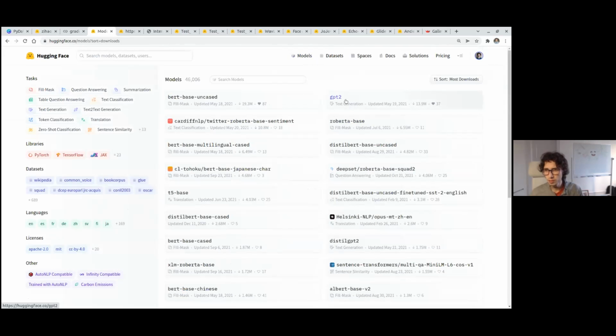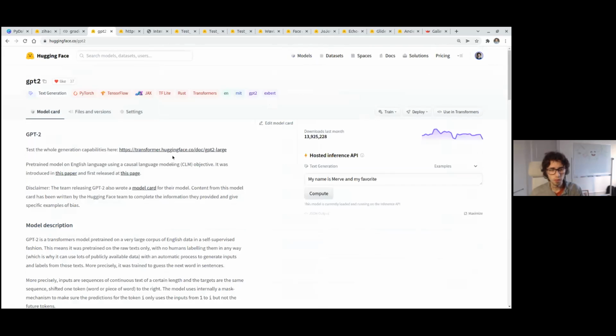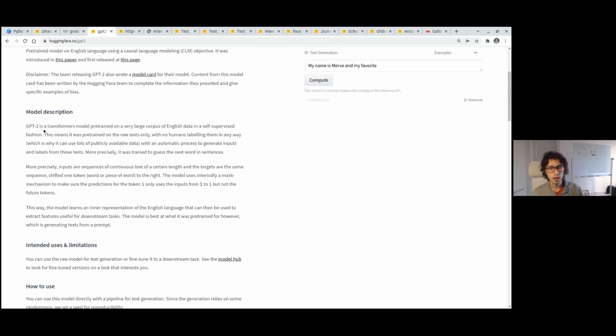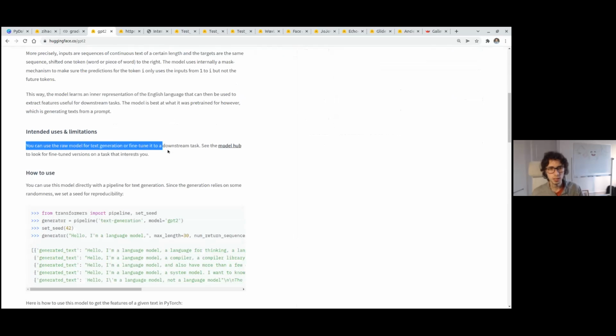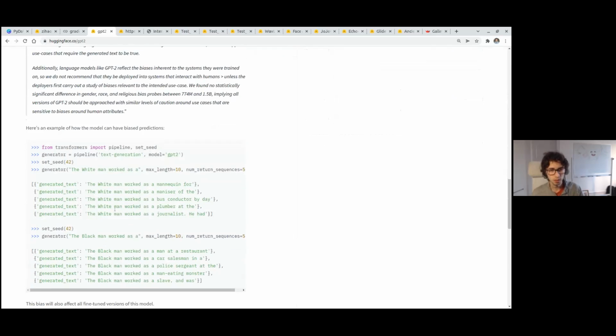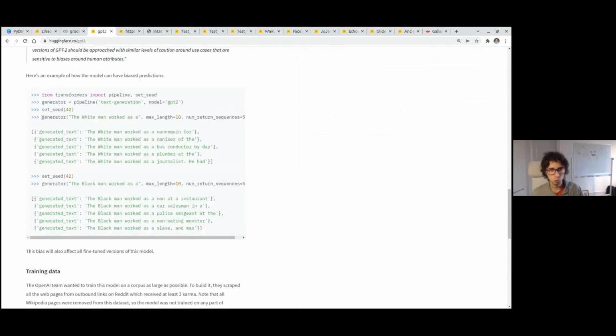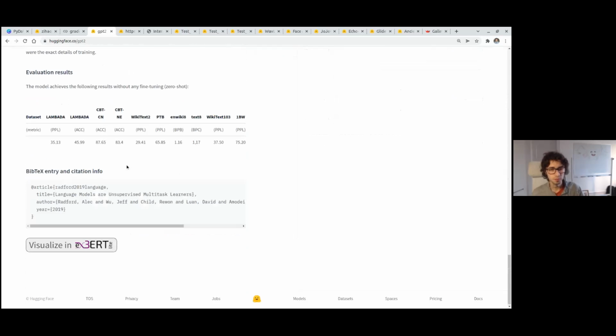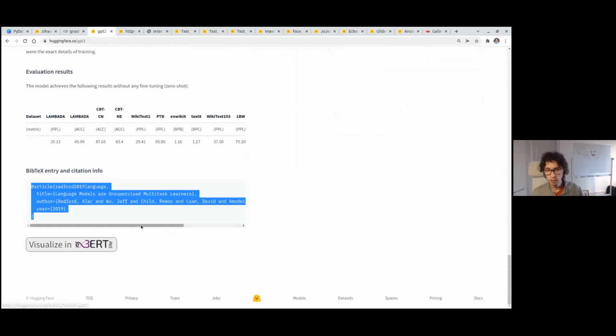That's not everything. Once you go to a model, there's something called a model card. Model cards were proposed 2 years ago, and they are a way in which people can document what a model is, how it was trained, and what the intended uses and limitations are. For example, if there are biases, here is the perfect place to put those biases and limitations. Also examples of how to use it, what data was used to train this model, and then a citation. So it's very nice.